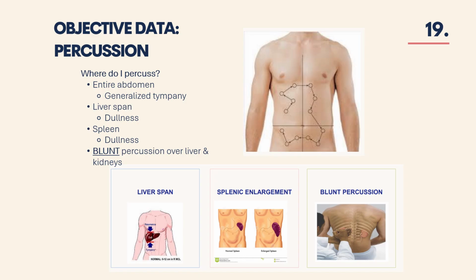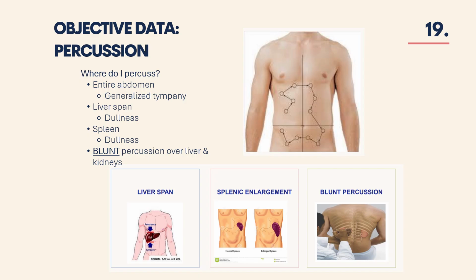You will also do your liver span, and when you percuss over your liver, it's going to sound very dull because of what type of organ it is. It's not going to fluctuate depending on its contents. Same with your spleen, you'll hear this dullness. And the images below do indicate that. I will attach a video as well in Canvas to help with visualization of performing a liver span, splenic enlargement